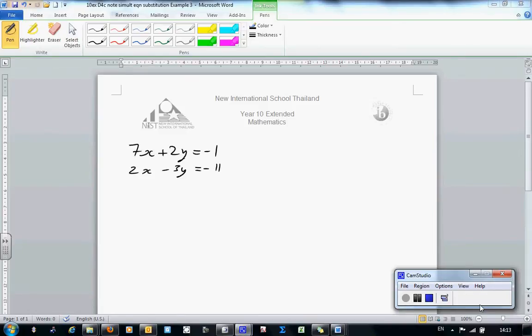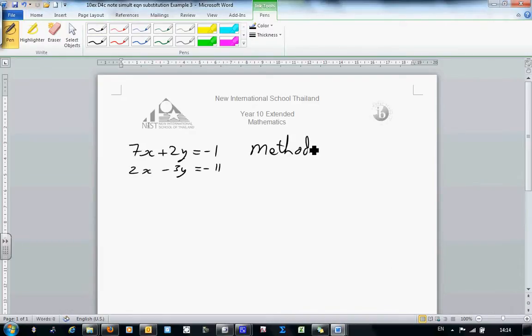In the third example, we're going to solve these two simultaneous equations. Now, straight away, if you have a look at what we've got, you notice that they're different to what we did in the last two. Looking at the four terms with x and y in, none of them have a value of 1. So we don't have a 1x or a 1y anywhere. So here's a different method,